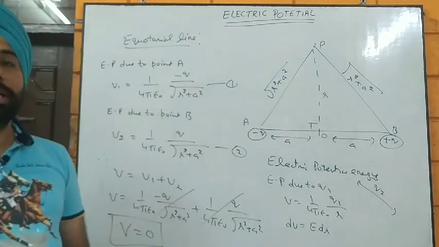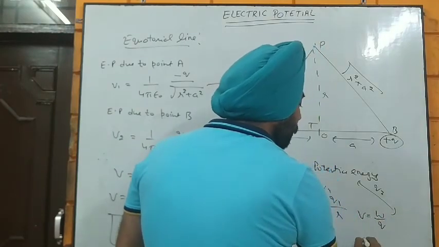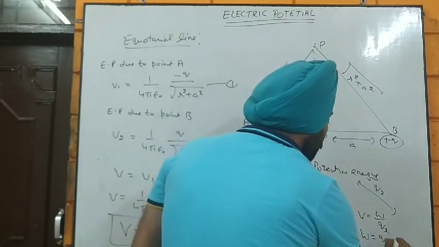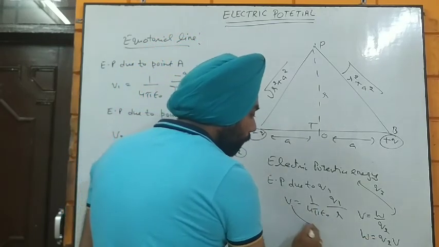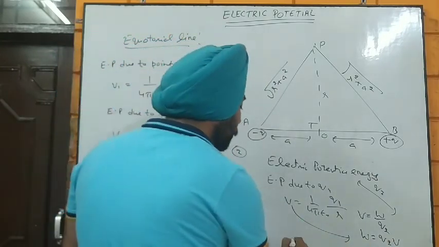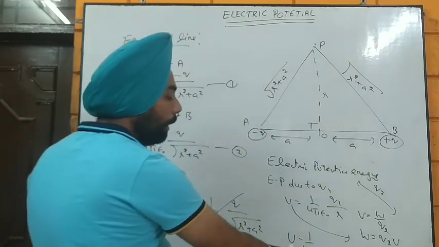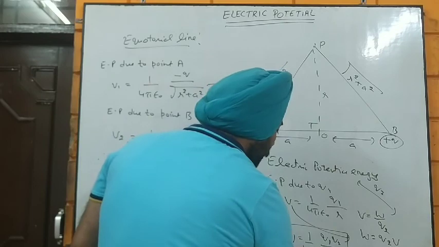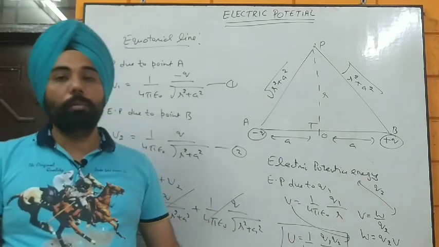So how can we solve that? By using the fact that potential is work upon charge. If we take that charge as Q2, then work done is equal to Q2 into V. Now putting the value of V from here, you can get the value of work done, and this work done is stored as potential energy, which means the formula for potential energy is going to be 1 over 4 pi epsilon naught Q1 Q2 upon r. So that is the formula for electric potential energy. You can solve it from the formula of potential.